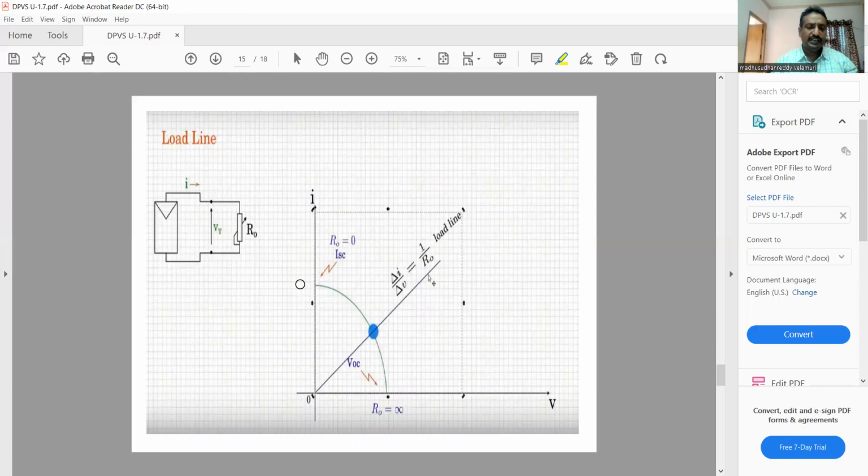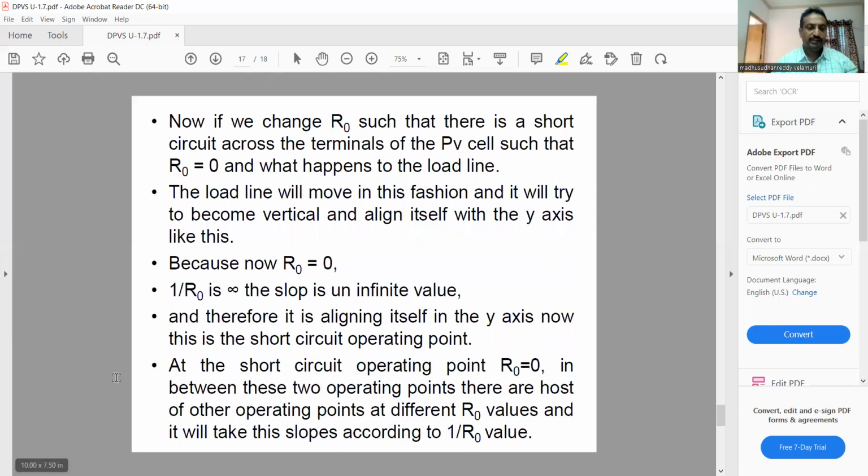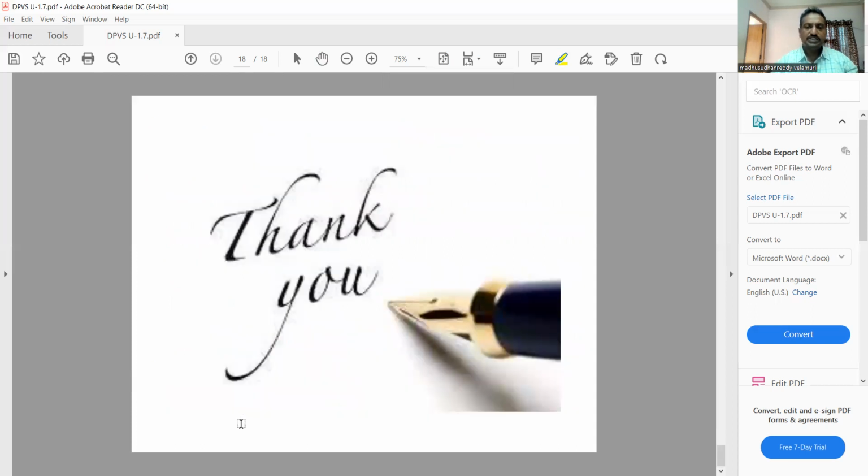So let me go on. These things are already explained. When R naught is infinity, we get VOC. When R naught is 0, we get ISC. All these things are already explained. So with this,